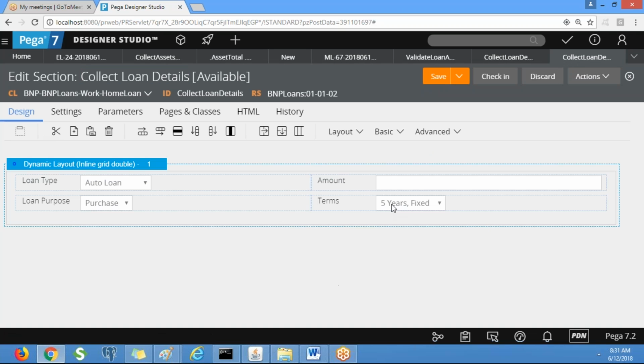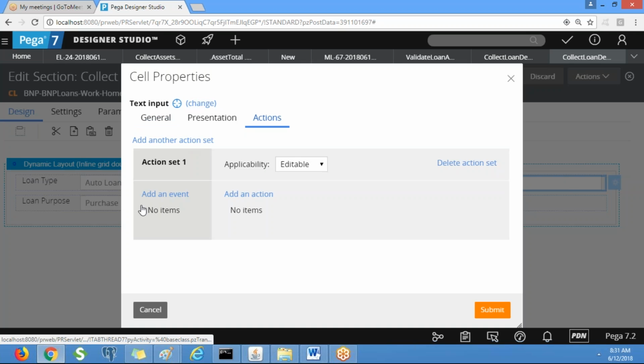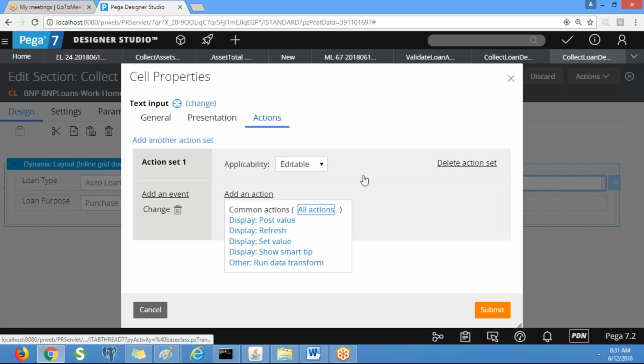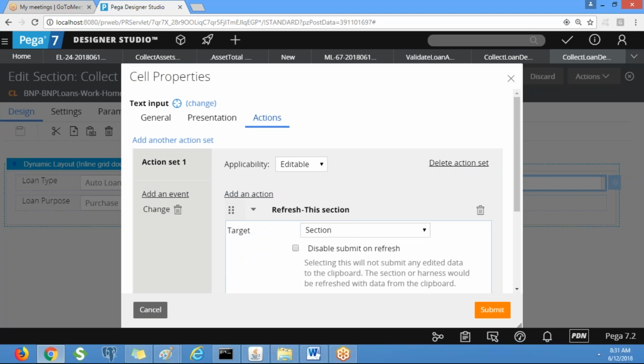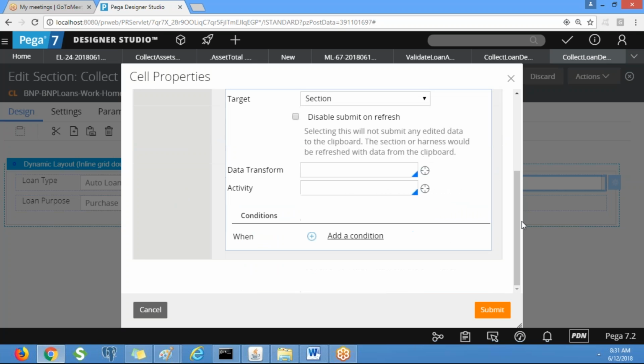See here, so you just need to create an action set. So event is change, so whenever the value changes, section has to be refreshed. That's it. So you don't need to call that rule, just create an action set to refresh the value.